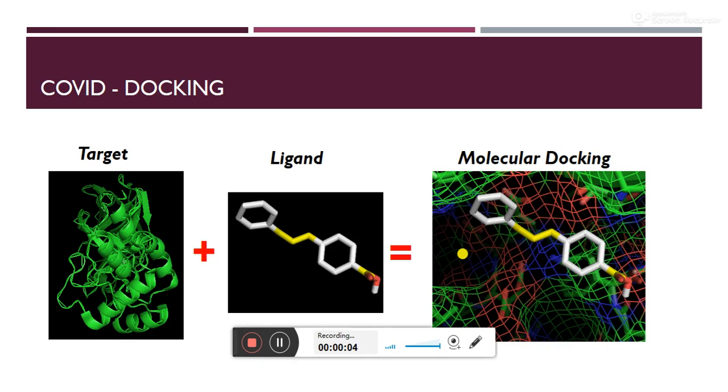Today I will talk about COVID docking. Because coronavirus has become very pandemic currently, and researchers are still struggling to find drugs. At this time, computational study is very actively ongoing because it is a very promising tool to find drugs by using theoretical parameters. So this is very common.